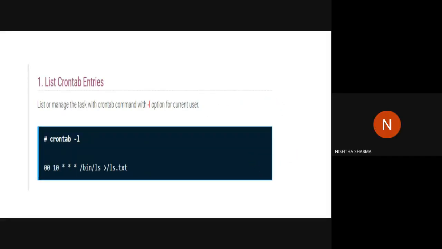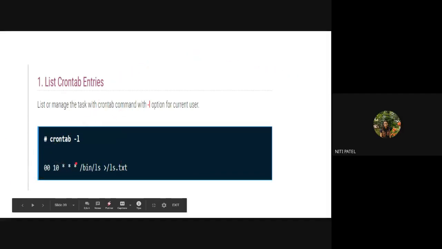So it will keep on happening every day in the loop. That is, every day at 10 o'clock, this file will open in the background and it will close until the next command comes. Is this understood? Any one of you? Okay. So this was the first crontab command.